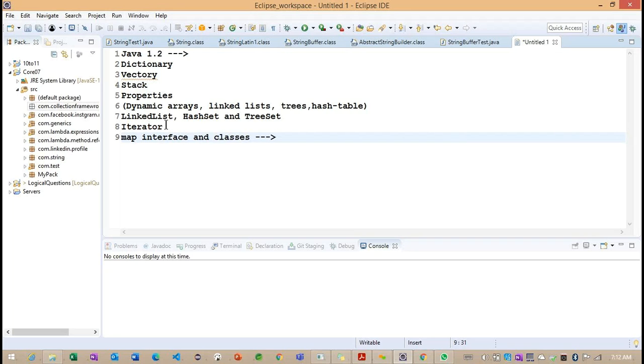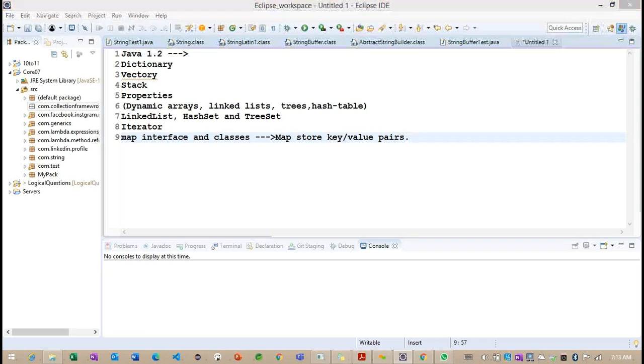The purpose of this Map interface is that it stores key-value pairs. This is also important: how we store these key-value pairs.